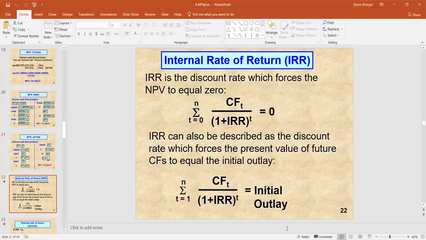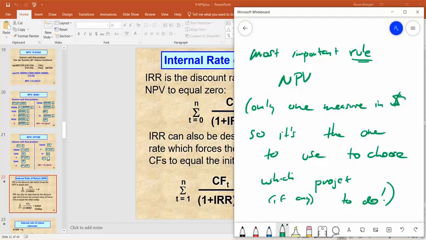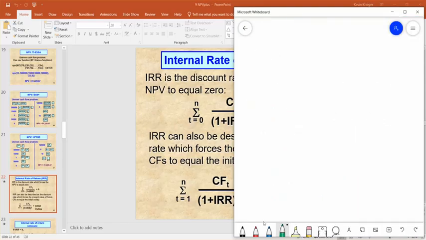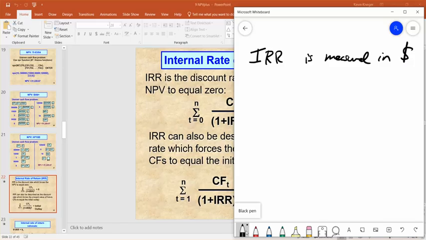The internal rate of return is very akin to the NPV. It's one of the other tools in your toolbox. But internal rate of return is a rate, right? It's right there in the name. Internal rate of return, IRR for short, is measured in dollars. Okay, measured in dollars. I can't believe I just said that. Sorry, folks, I have my brain on autopilot. It's measured in percentage, or proportion. Sorry, that's the whole point. It's not measured in dollars.